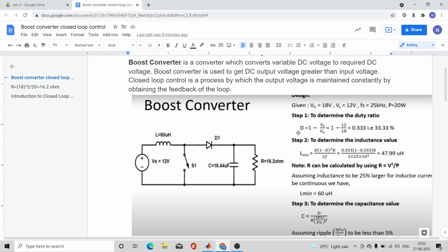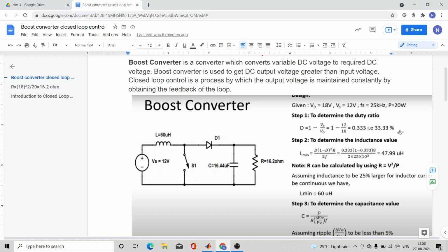So these are the formulas of deciding the duty ratio of the gate circuit. D is the duty cycle, 1 minus Vs upon V0. So 1 minus input 12 volt upon output voltage 18 volt. Here you can see that the duty cycle should be 33.33.